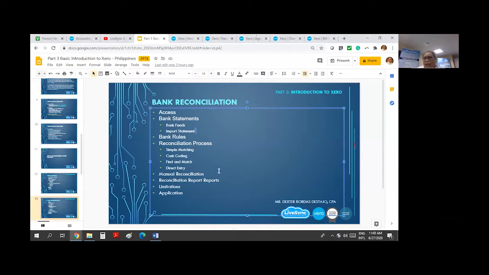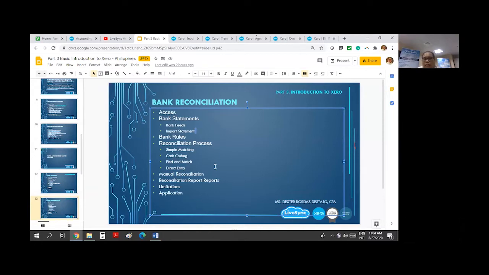And then another way of inputting the bank statement to Xero would be importing it manually using a CSV template, which I will discuss shortly. Okay, here's the question. Why do we need to import the bank statement in Xero? Can I do away with it? The answer is yes. You can choose all the way 100% not to import anything and just do a manual reconciliation. That's fine. But I would prefer,